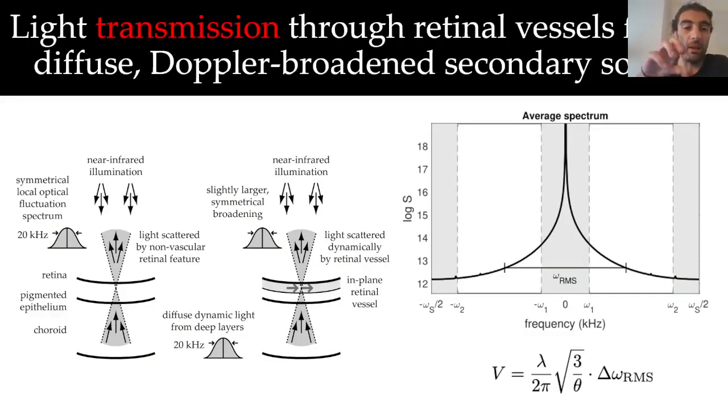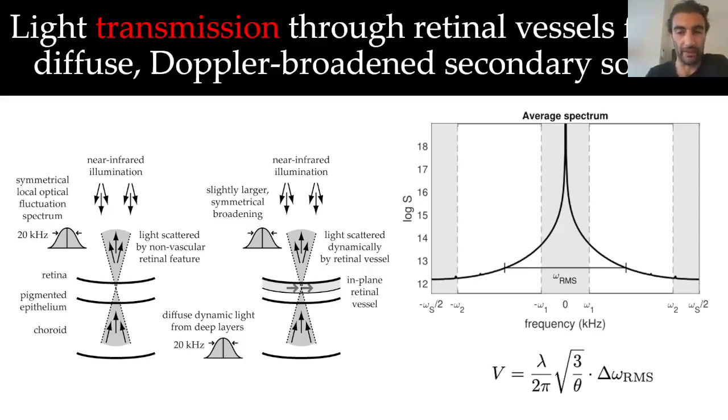So basically, we shine light on the retina of our patients, and then the light is scattered within the deep retina down to the choroid, and part of it is backscattered, and we collect the light in transmission from a secondary source of Doppler broadened diffuse illumination. Okay? And whether there is the presence of an in-plane retinal vessel or not, you will get an additional Doppler broadening or not,